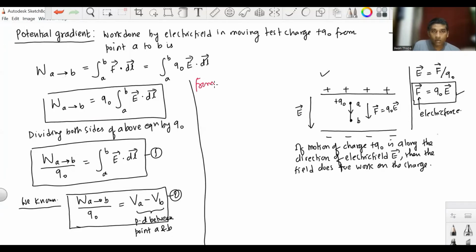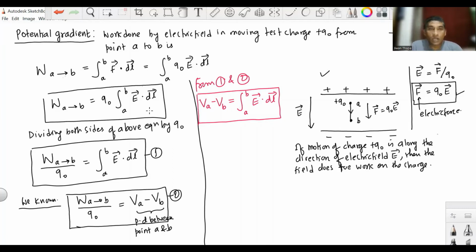Now from 1 and 2, we can write VA minus VB equals integration from A to B E dot dl. So we have this. Now if we come into this expression, then what we find? We find VA minus VB